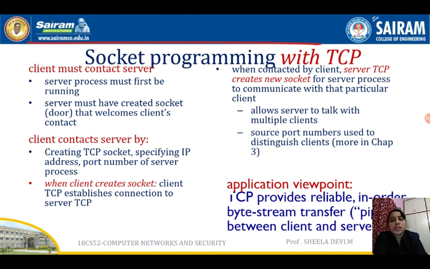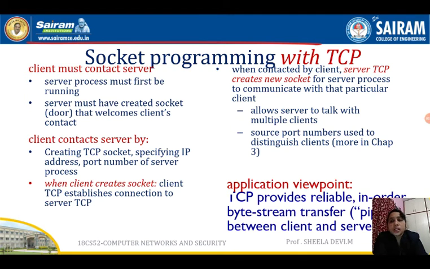So there are two sockets in TCP, whereas there is only one socket in UDP. The two sockets are the server socket and the connection socket in the TCP server. At the client side we will have only one socket as usual, but on the server side in TCP socket programming we will have two sockets. One is to welcome the client, the other is to send or receive the data.